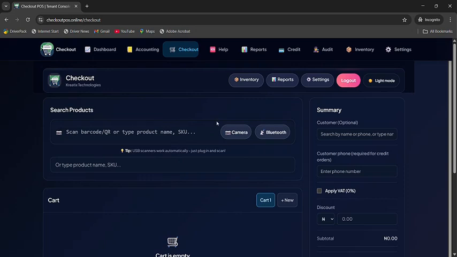So I want to introduce you to the Checkout POS application. Now this app will help you manage your business. It's actually meant for supermarkets, pharmacies, restaurants, basically those that want to be able to manage transactions and identify analytics records of sales, to be able to track what happens when they sell